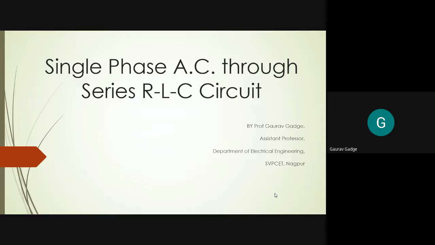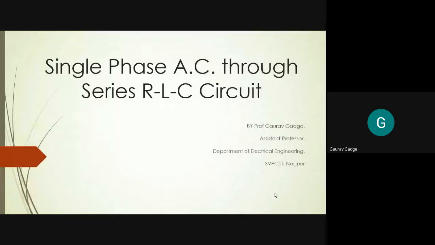The purpose of this study is only to understand the behavior of the parameters, mainly current, because current is the element which passes through the respective load like resistor, inductor, and capacitor when the supply voltage is given. So we say supply voltage is the active element, the battery is the active element, and due to it the current starts passing through the circuit or the given load. So as I said, whenever we have a load, that load is defined as resistor, inductor, and capacitor.